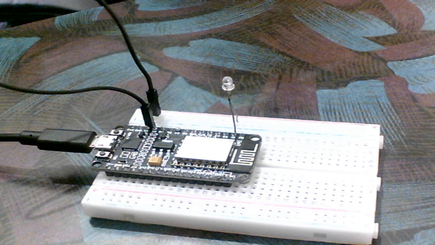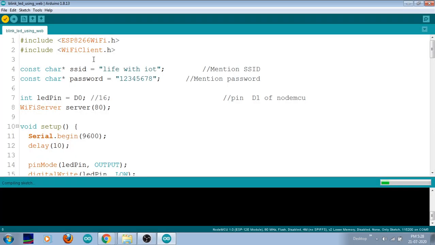Let me explain this code. What I'm trying to do is create a web server. Through this particular website, you can control this particular LED. Not only this LED, you can connect any home appliances in your home, if you want to control your fan, light, TV, refrigerator, that is available in your home, without internet, that is a specialty. Without internet, in the sense you can use this particular code, but the distance of coverage may be limited. Within 100 feet or 100 meters only can you control your home appliances.